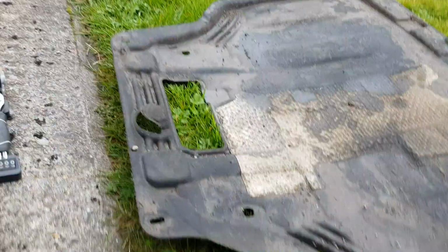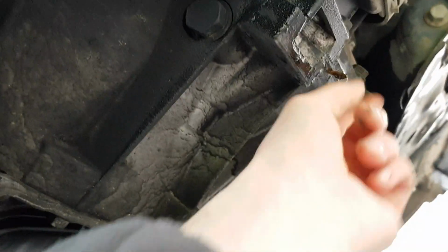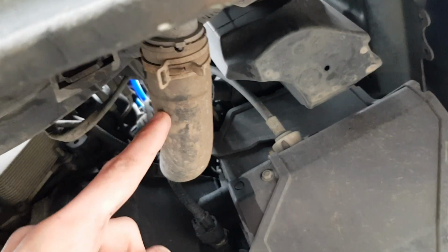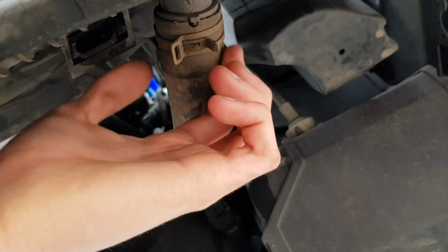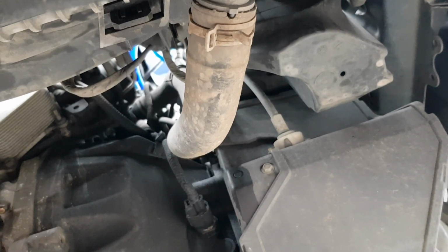Once all these bolts have been removed, you can then drag this out, which is filthy. Yeah, and you can see where the coolant has been leaking clearly. Oh, here we are. Now, if you go underneath, well, you can't really see the thermostat. It's about there, but you can see where it's all dripping off the underside of this. That's the hose you want to take off. This is the lower radiator hose. Literally get a set of pliers, pinch the two together and slide it off,